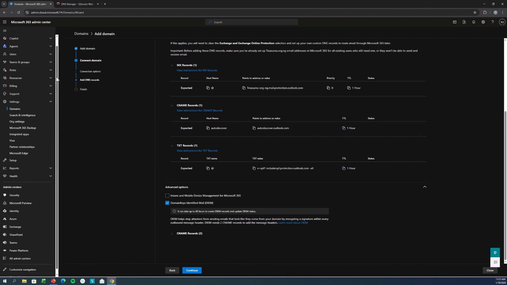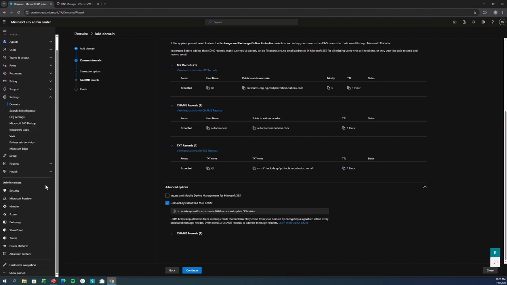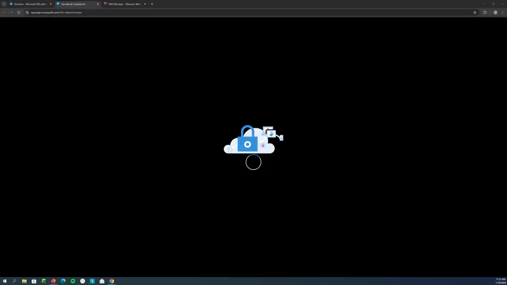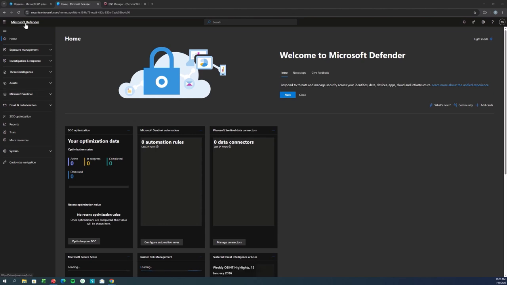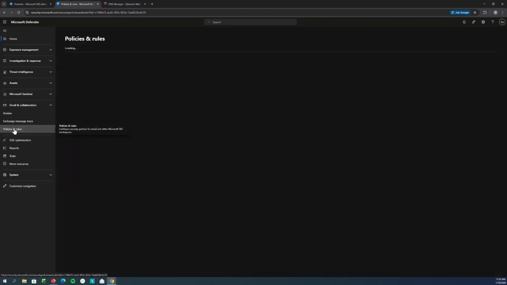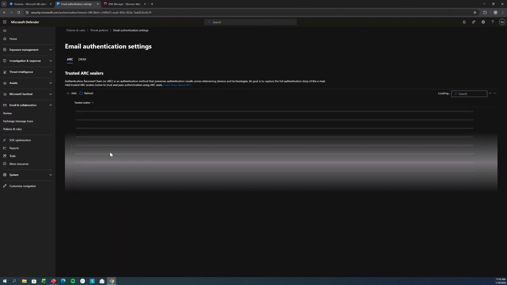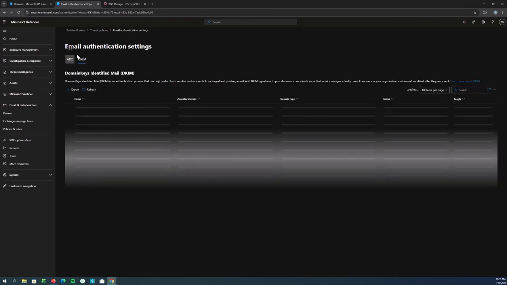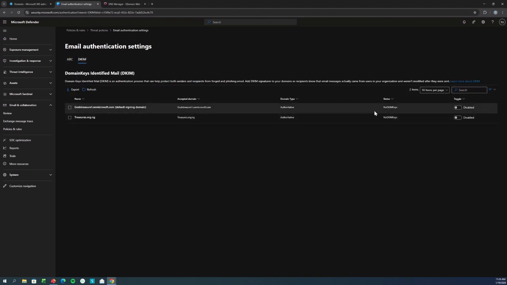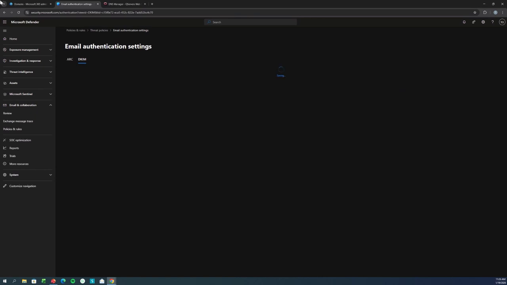So how do we know that we don't have DKIM enabled on our tenants? We do that from here, security. So we're in the security tenant, which is Microsoft Defender. If you click on this email and collaboration drop down, you go to policies and rules, you go to threat policies, you see email authentication settings here. Now if you come to DKIM, can you see that I have no DKIM keys? Even if I enable this,